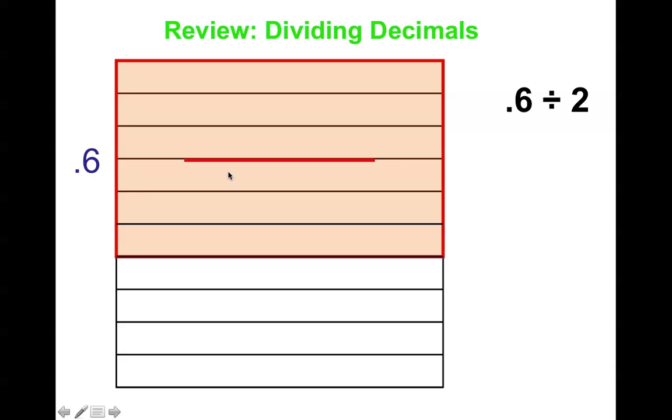Let's check it out. Notice, if I divide it into one group and two groups, I'd have 1, 2, 3/10 in each group. That's why the answer is 3/10. Let's see how we use that